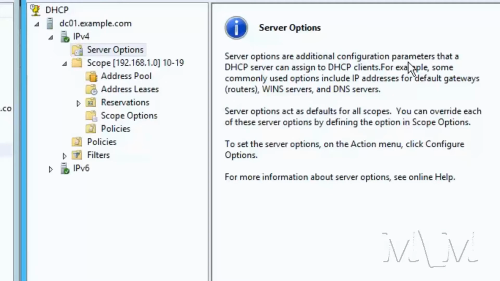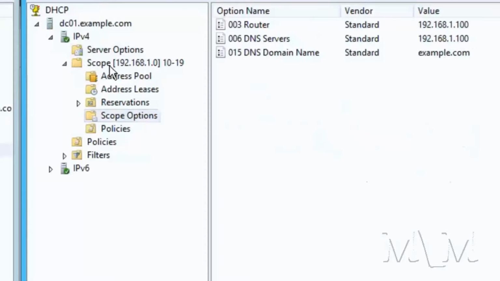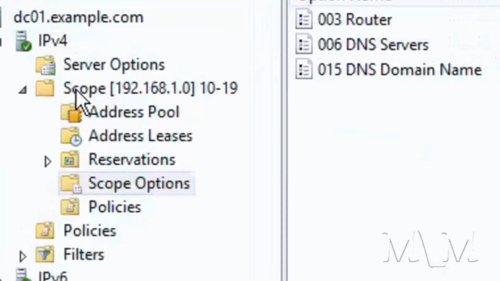Server options are additional configuration parameters that a DHCP server can assign to the clients. You can override each of these server options by defining them in scope options. So right here in scope options, underneath this scope node, we have options 3, 6, and 15,